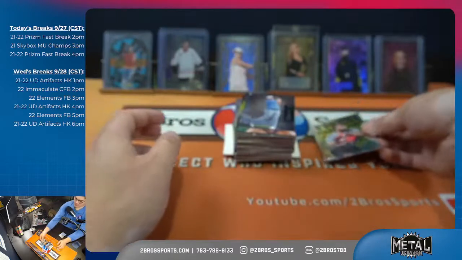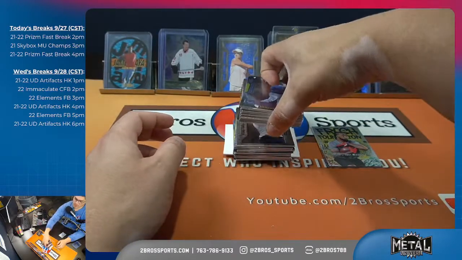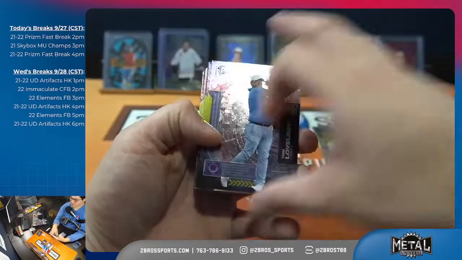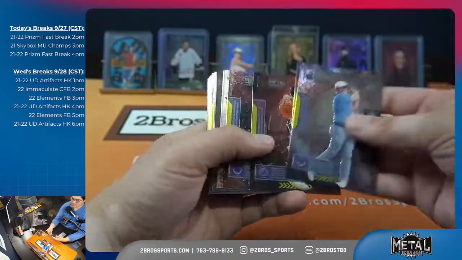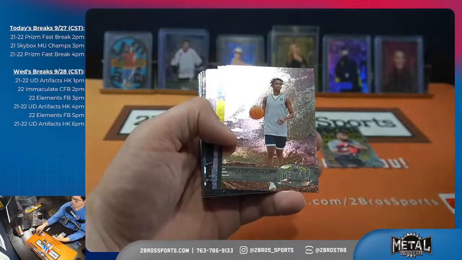Save it? All right. We're going to put it right there. So Trey Sermon with the final auto of the break down there. Got Tom Lovelady, Sarah Pavin, BJ Boston, Matthew Wolf, Trevor Lawrence, Kyle Pitts, and the retro for Jean